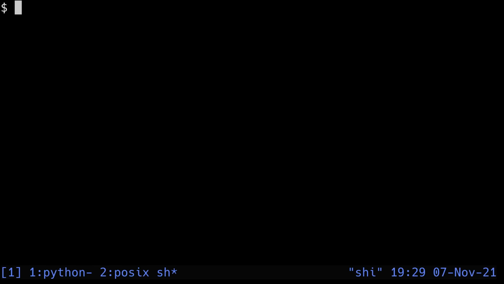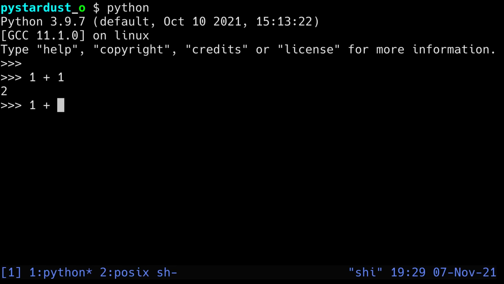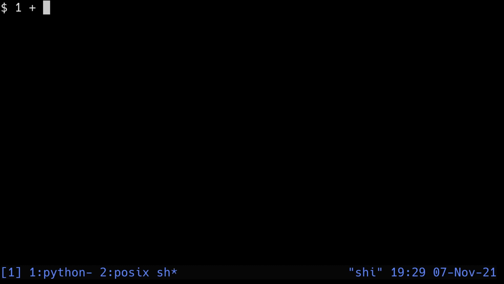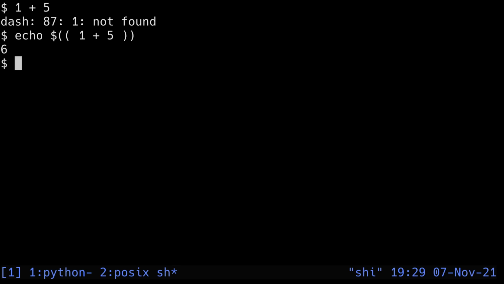In shell, unlike a language like Python where you would expect 1 plus 5 to give the value 6, this is not the case. You need to use something called an arithmetic expansion to get the value. An arithmetic expansion is covered by two parentheses like this, and you can put any sort of expression inside it to give its value, and the value of the expression is going to be substituted